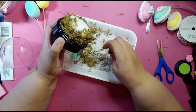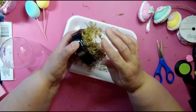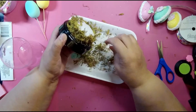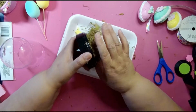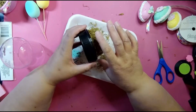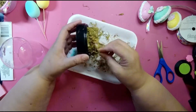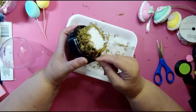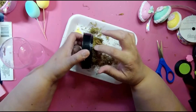But even if nothing else works, you gotta use some sugar eggs. For real. Sometimes the ideas that you have don't work out. And I didn't make one in advance because I wanted to do it with you guys. So now go around, make sure that everything is stuck. And whatever's not sticking, make sure it comes up. Like I said, you don't want it to be too thick, then you can't close it. So let's make sure we have...